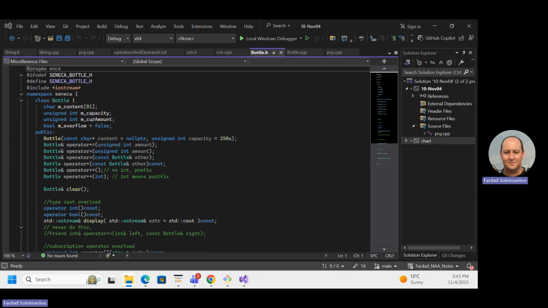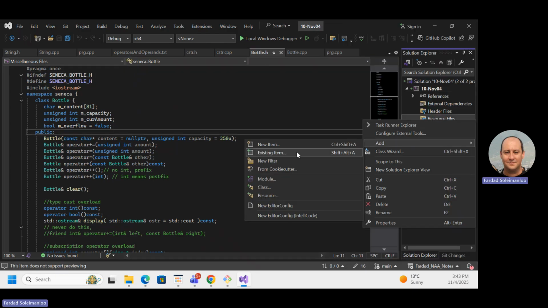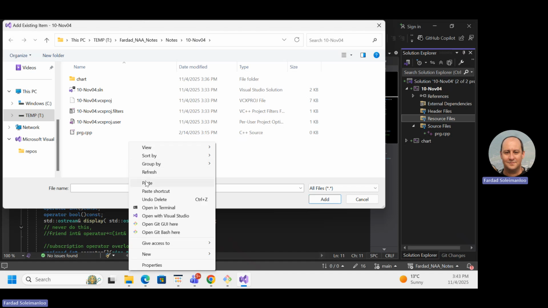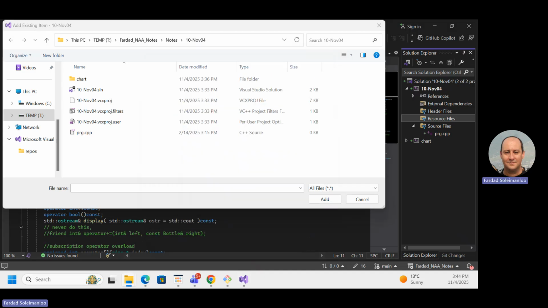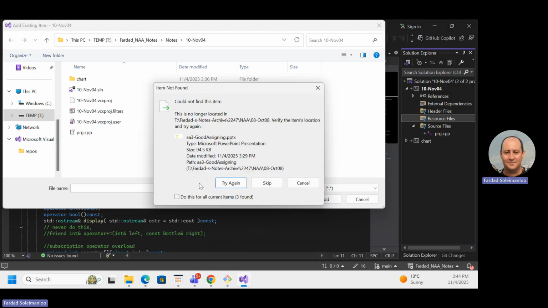And I'm going to bring it to today's lecture, which is here. So right click over here. Add existing item. And in here, I'm just going to paste it. No. Cancel. Copy. And right click, paste.